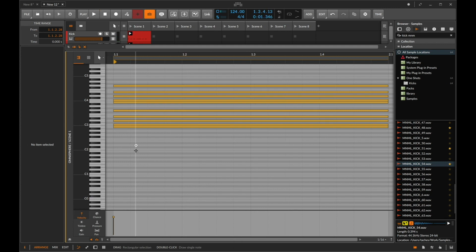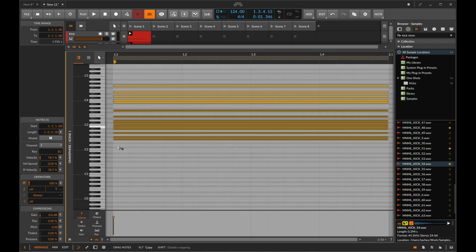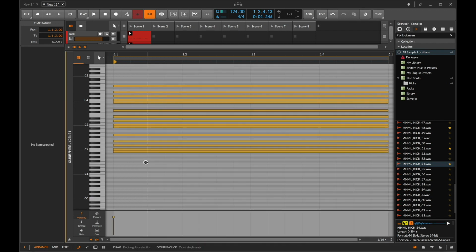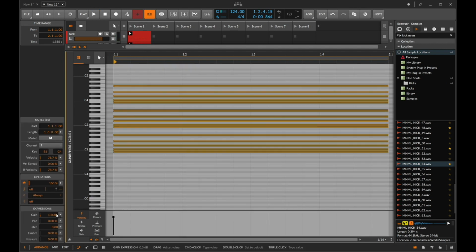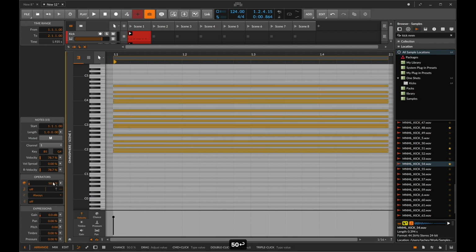And in fact I'm also going to do it an octave below. This really won't sound good to my ears. It sounds like shit. But what we can now do is we can basically say that of all of these, there is a 50% chance that any of those notes will play. So